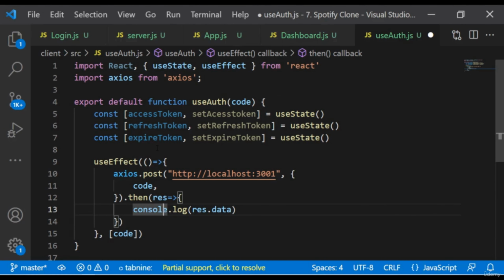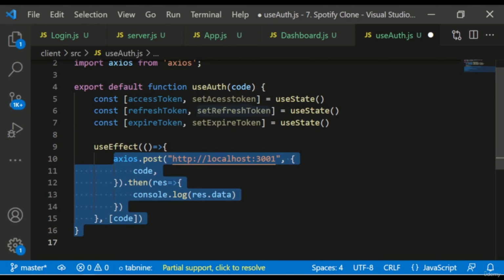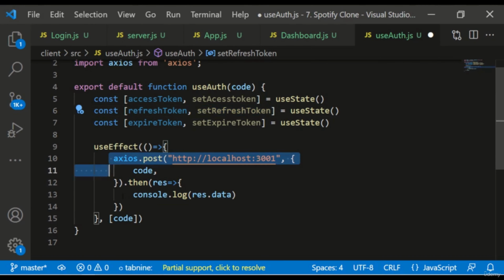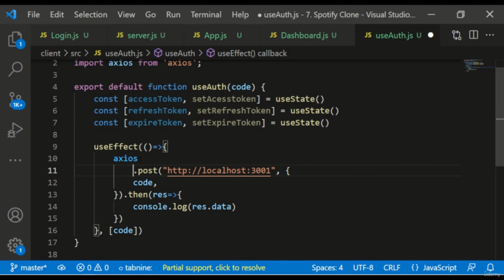So basically in useEffect, the effect will run only when there is a change in the dependency array, which is this code. The code is the unique code for each user that logs in, and once the code changes, we call axios.post. So when the code changes, this effect runs, and inside it we are posting with the Axios module,